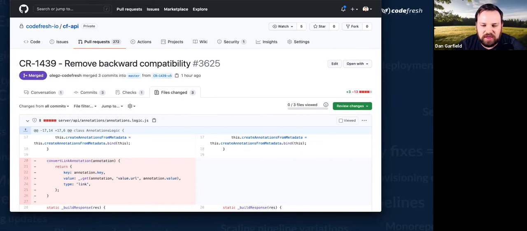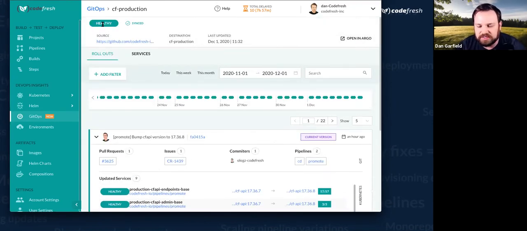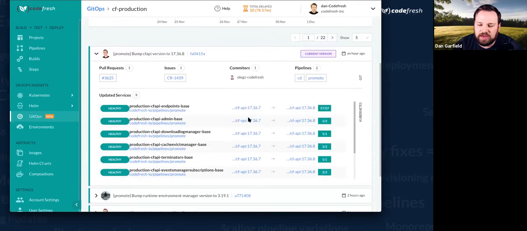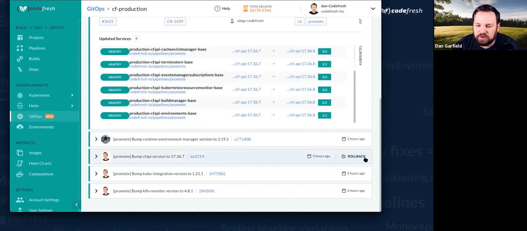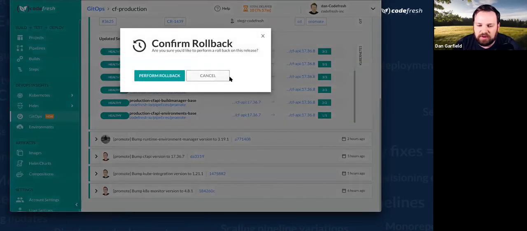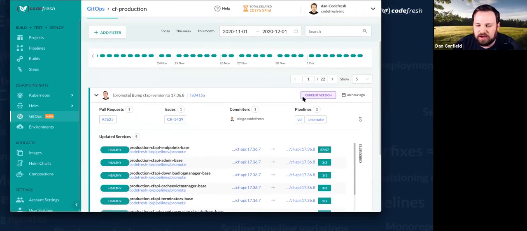Who's been doing stuff? I can just go straight to my dashboard and see not only the status of production, I can see it's all healthy, everything's running properly, but I can also see and narrow down the entire history. So it's not just about what is currently running, because as you can see, we're making changes quite often. We had a change an hour ago, 2 hours ago, 3 hours ago, 5 hours ago, 6 hours ago. I could issue a rollback right from here and get to a working version if something had gone wrong, and address that very easily, right?